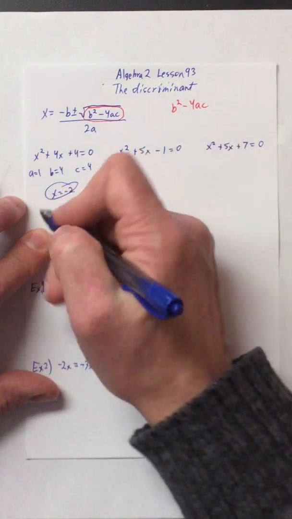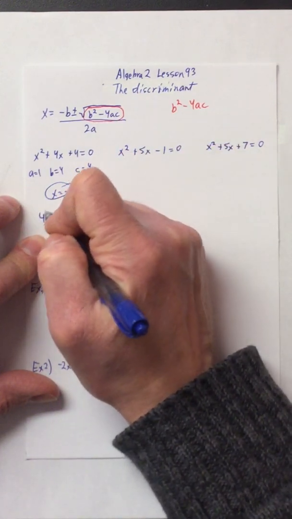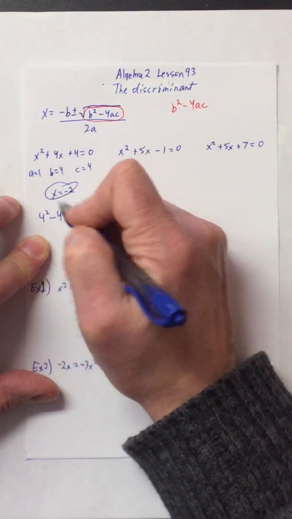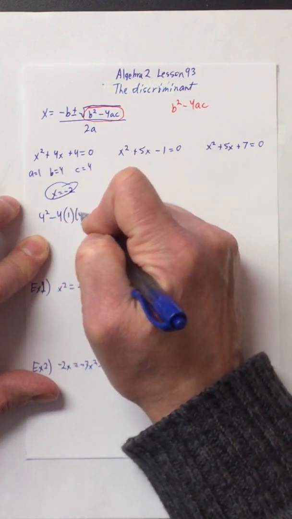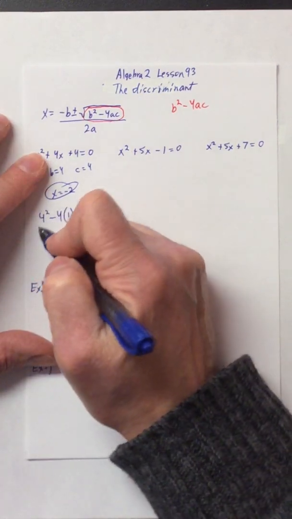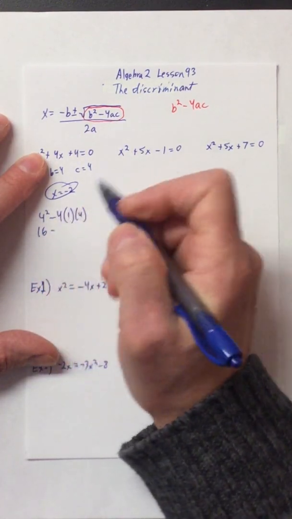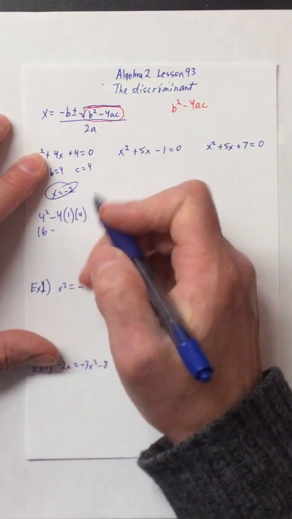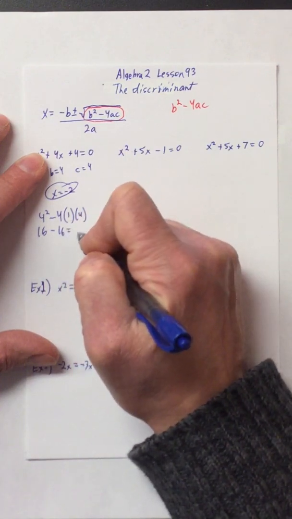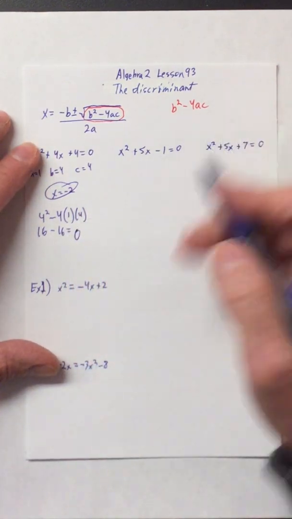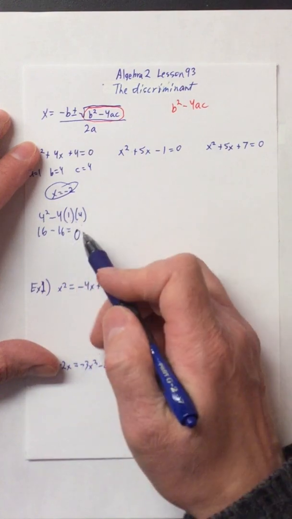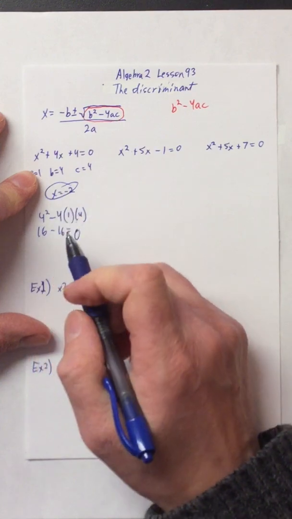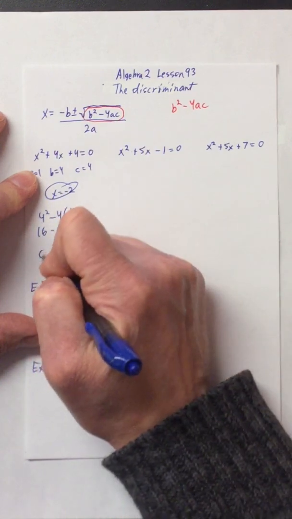So for the discriminant, I'll place it in there. We got 4 squared, my b value, minus 4, my a value, which is 1, and my c value, which is 4. So 4 times 4 is 16, minus, looks like -4 times 1 is also -4. -4 times 4 is a -16, gives me an answer of 0. If I do the discriminant and I get an answer of 0 with the discriminant, then that tells me, like this problem here, my answer is going to be one